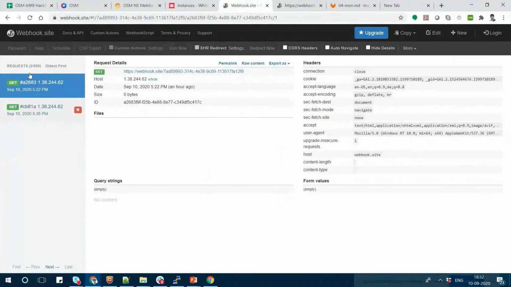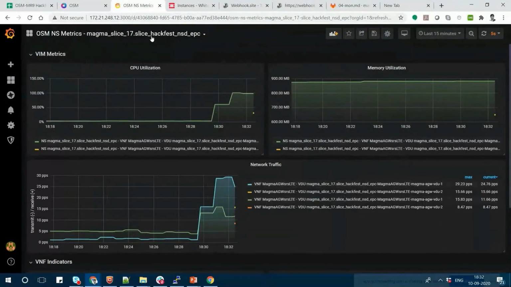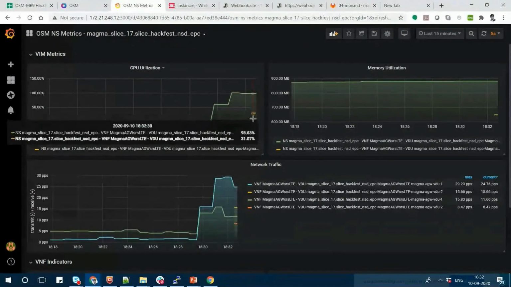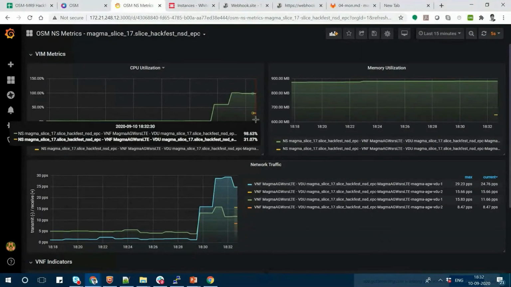For me also, it may not come. Maybe the address is not correct. Okay. But what you see here, this yellow line, the new line that just started coming in here, that is